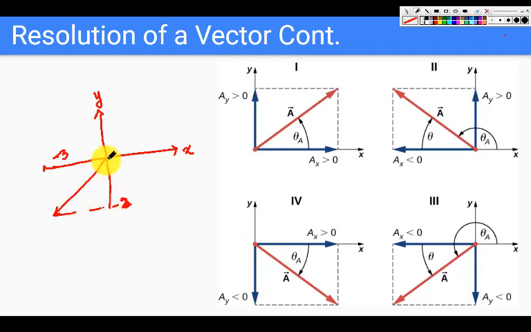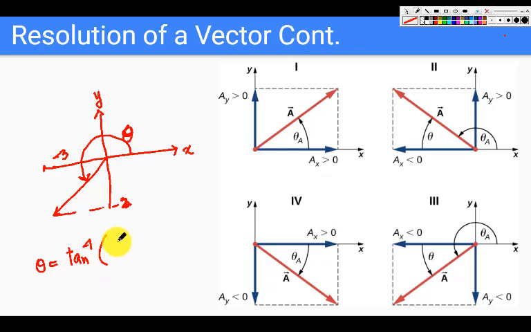So now for this vector, I want to find this angle. So this angle is theta, the angle from the x-axis. Okay, so the first thing to understand is that using the formulas that we discussed last time in the previous slide,